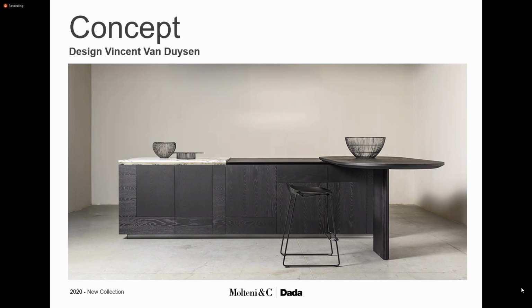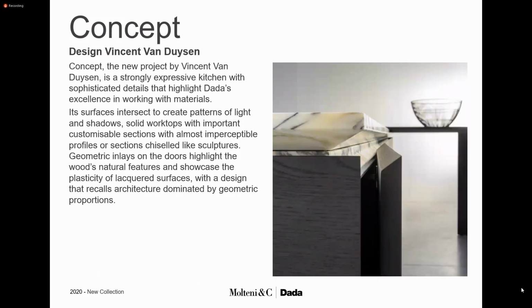One more extremely important detail is the finger recessed, that in this case can give us continuity with the countertop, as we can see from these pictures, or in other situations, we can decide to give continuity to the panels, to the doors. This is extremely helpful in order to create more different configurations in terms of shapes, in terms of aesthetical effect, but at the same time could be very interesting in order to give an extra boost to push easily this kind of product,